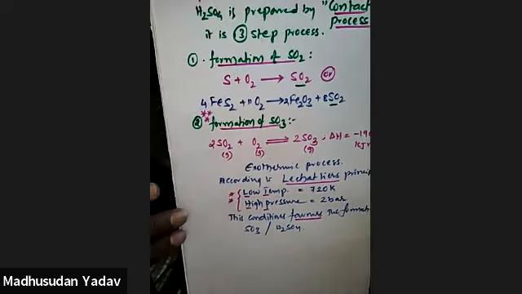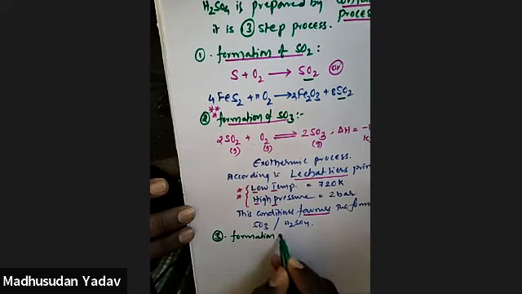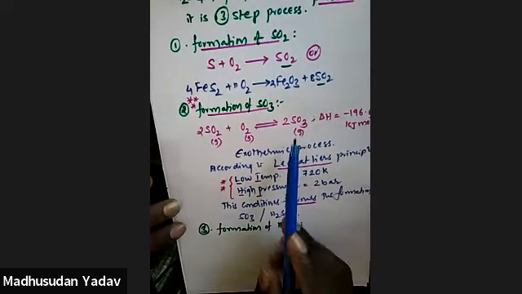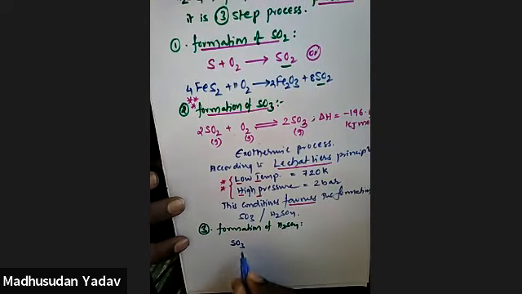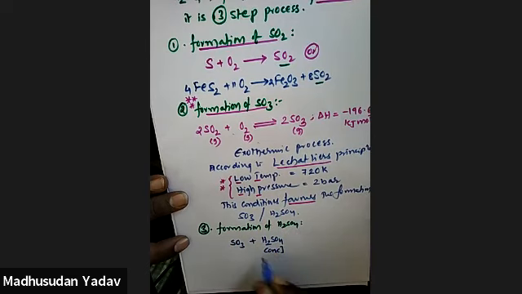Next, 2 steps were over. Third step is finally the formation of H2SO4. Okay. The product that is formed in the second step, what is that? Sulfur trioxide, which is absorbed on sulfuric acid. Don't get confused with this. It is already pre-prepared sulfuric acid from other methods. You can take concentrated sulfuric acid.